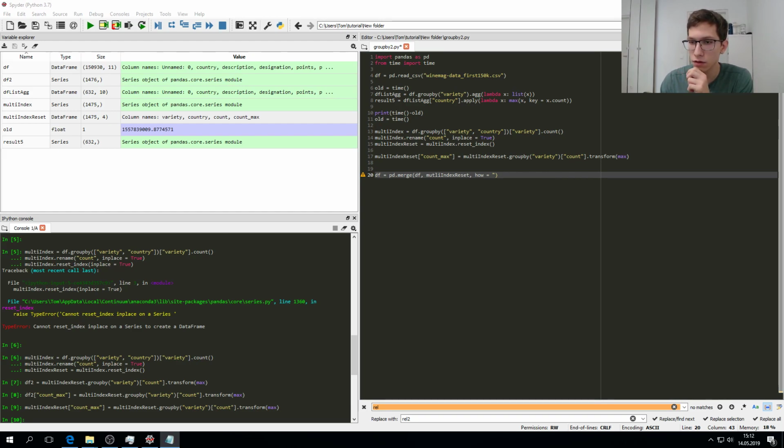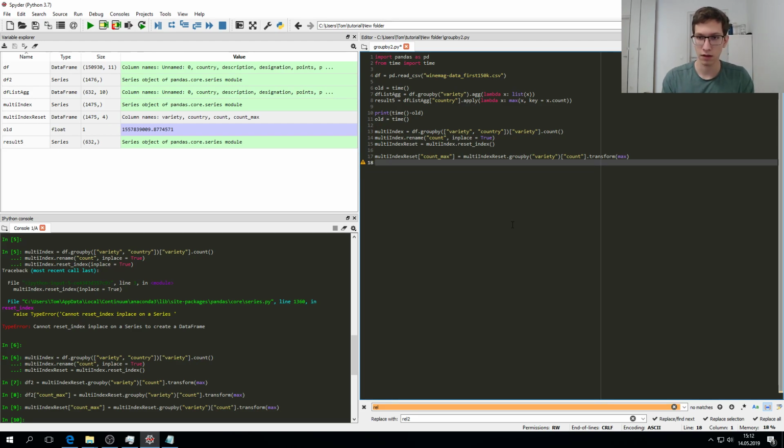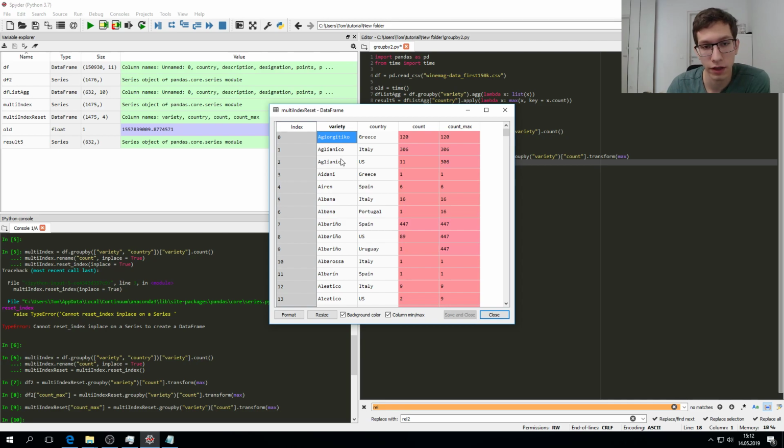Do we have to merge it on there? We can actually do it like this. We don't have to merge it back onto that, because if you look at the multi-index reset, we already have all the varieties in here. All we have to do is check if the count is the count max, then we want this country here. So what you're going to do is